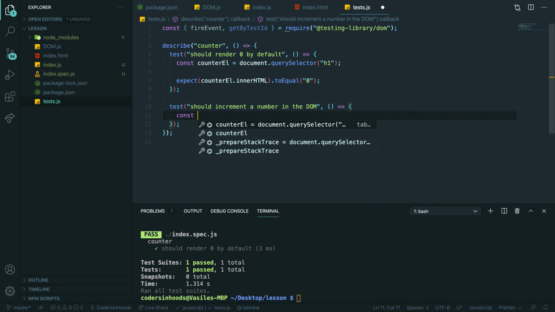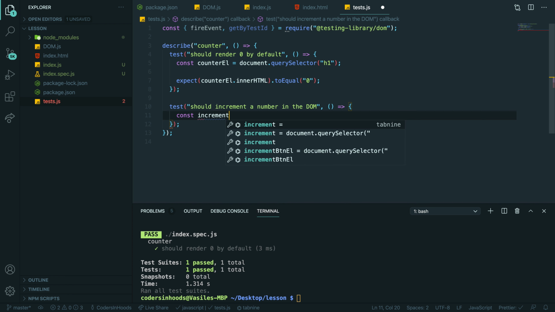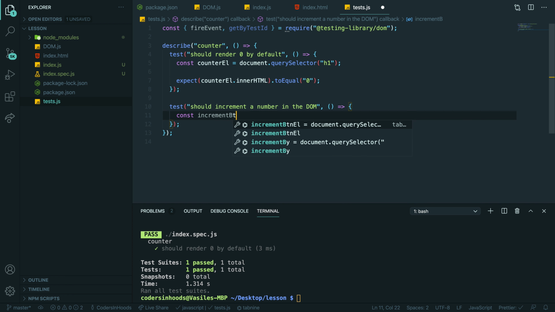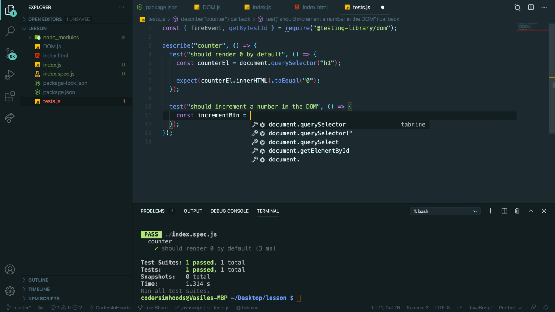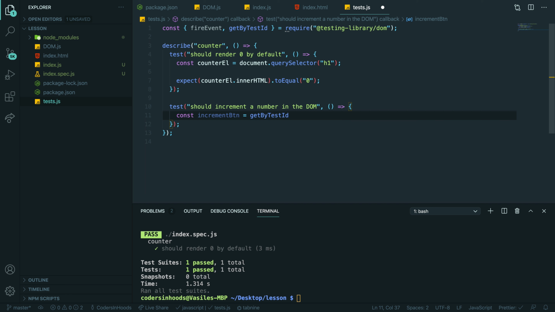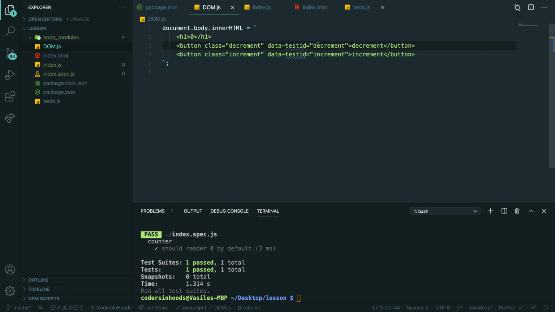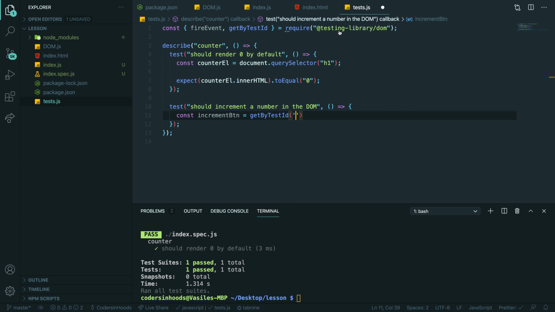Const increment btn will be get by test ID, and you pass in your one from here. So increment, is it increment? Are we working on increment? Yeah, should increment. So increment, right?